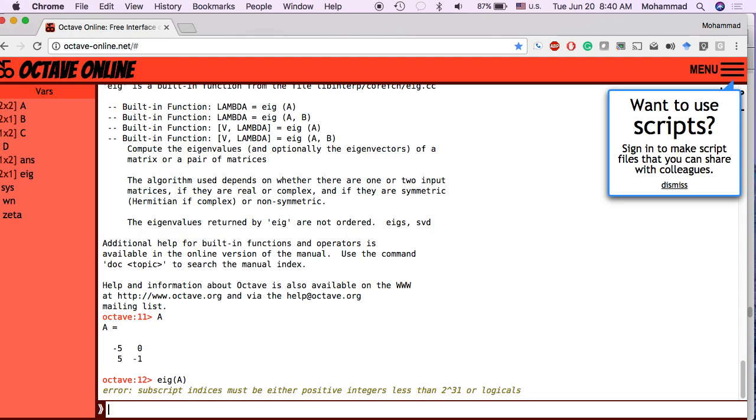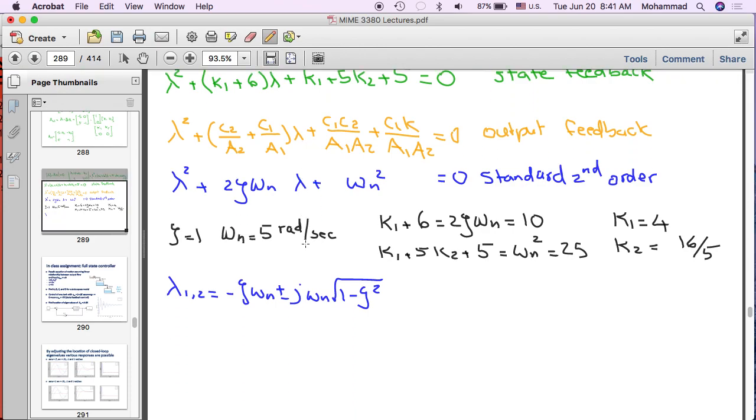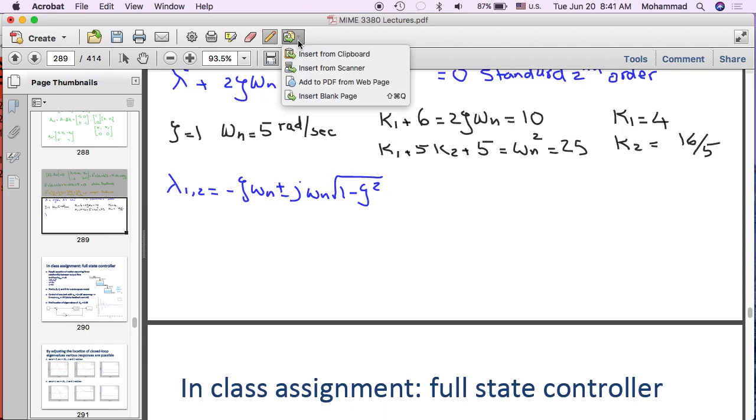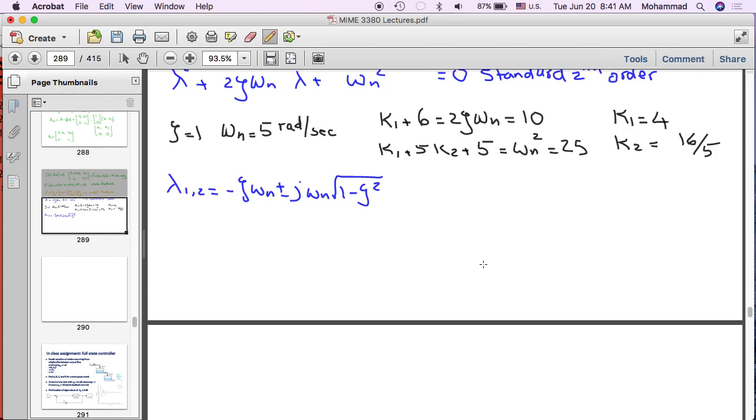Okay. So the next thing we are going to do is to actually implement this control in simulation. So we are going to use MATLAB and implement this state feedback control and see, as we change the control again, do we really see the behavior that is associated with those poles? So let's go ahead and talk about the